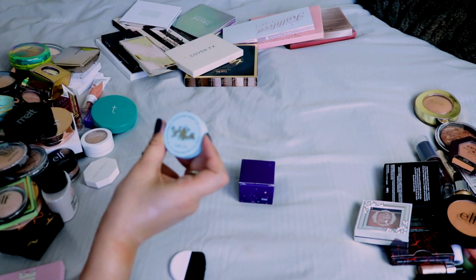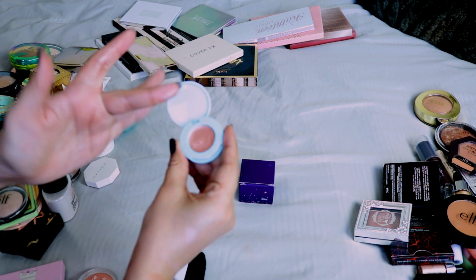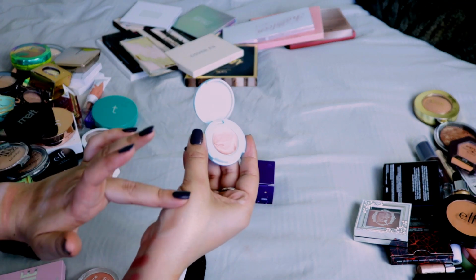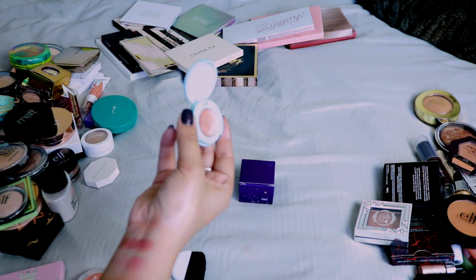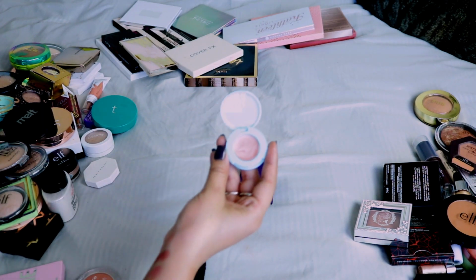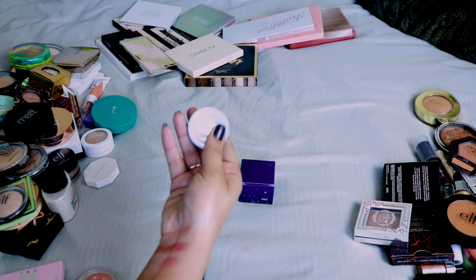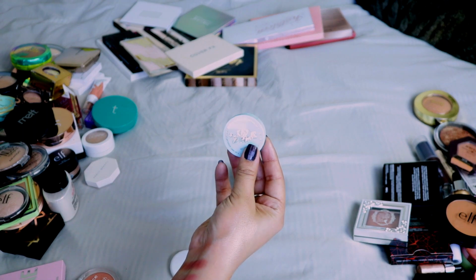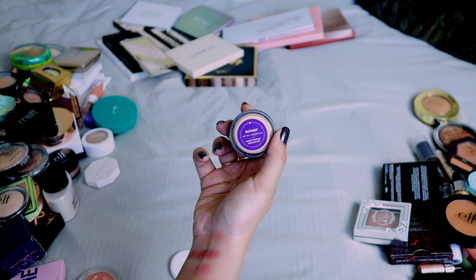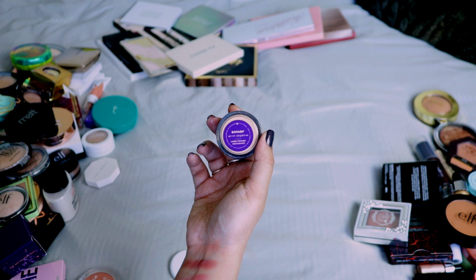Strobing Balm, Radiant Pink something. It's another one of those cream kind of things. I think this would be pretty for a natural look, but again, these just kind of gross me out. I don't like the texture. I don't like what it makes my skin feel like because it feels greasy, so I will not be keeping this one. All right, and then for the last product on my singles, we have this ColourPop Loose Powder Highlight